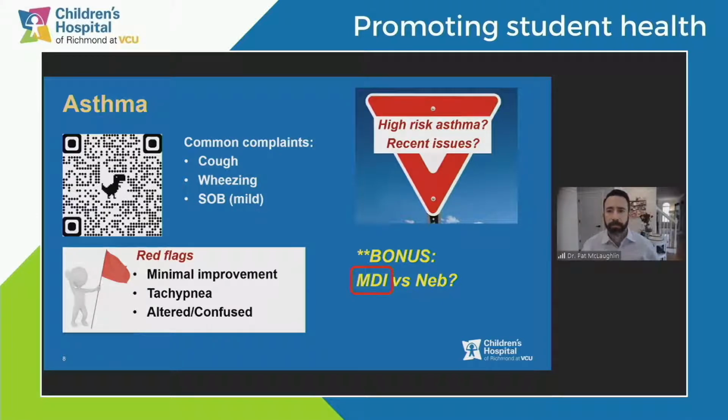All right, another one that's a really good question. For a child having an asthma episode with no asthma medication in the clinic, at what point would I call 911 versus parent to pick the child up to be treated? So I would look for the red flags. Certainly, minimal improvement is only going to be after albuterol, but tachypnea or rapid breathing, that's a sign that child is in distress. And your typical asthma attack is going to come with cough and wheezing. But once you're breathing fast, or if you get altered, meaning that child seems sleepy, tired, out of it,